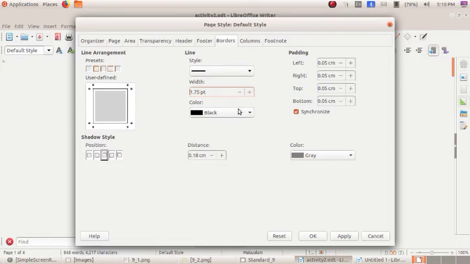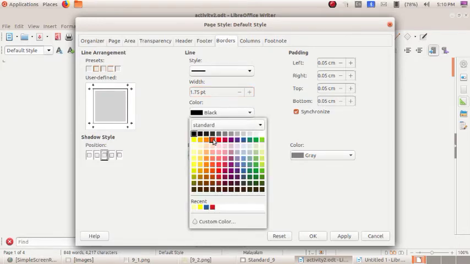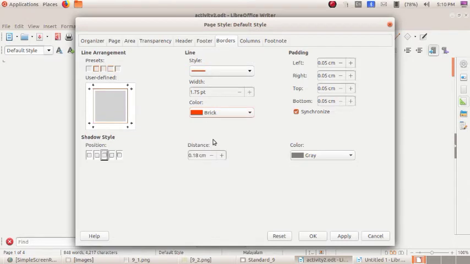Now the color must be in the red color. Okay, here you can see the padding option. Okay, so you can adjust the space between the borders. Okay, this is the border and the contents is inside the border.